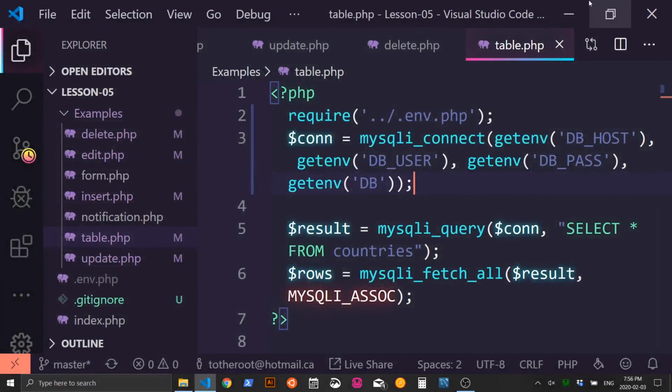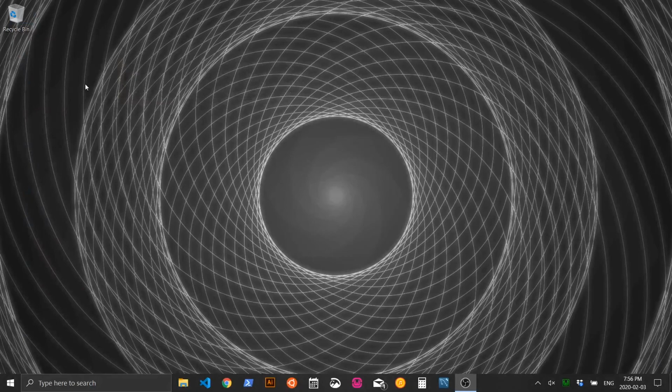What is code base? It's the code you wrote. So just like